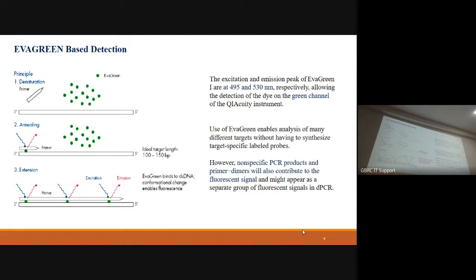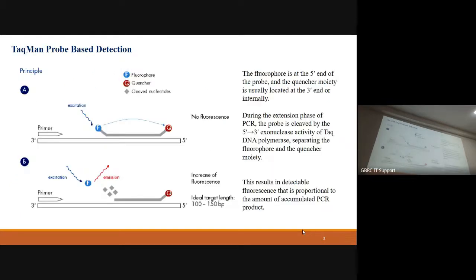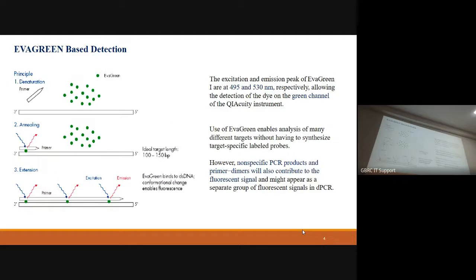So in real-time PCR, you need to see the melt curve analysis every time. If the melt curve shows different peaks, then those are different amplicons in your system. Here also in the digital PCR system, if you are using the EvaGreen based assay, the signal from primer dimer and your target can be distinguished by the fluorescence intensity. The basic disadvantage of SYBR Green or EvaGreen is that it will give you non-specific amplification, and the specificity is also very low compared to the TaqMan based assay.